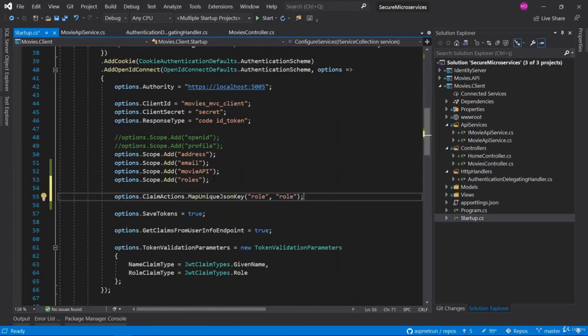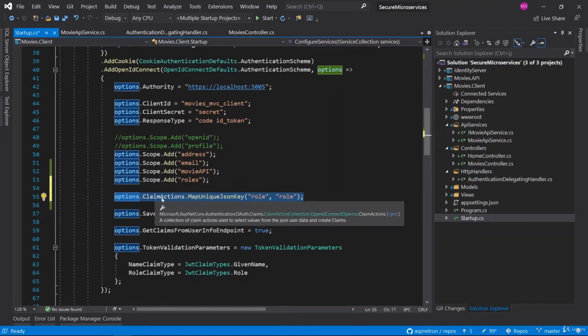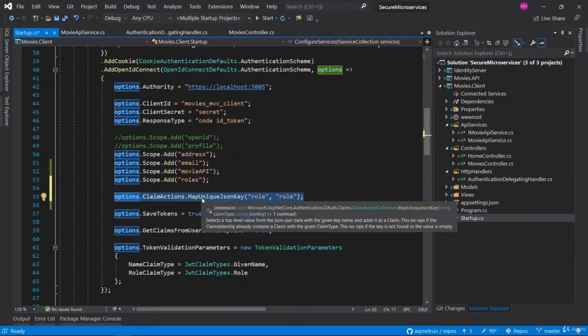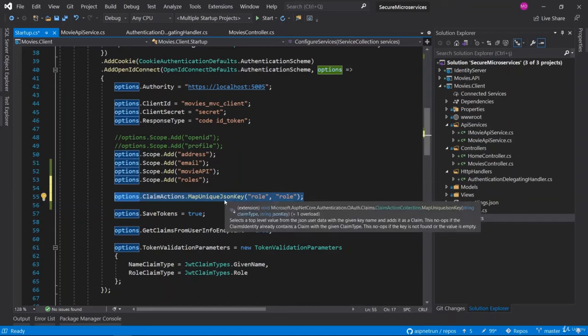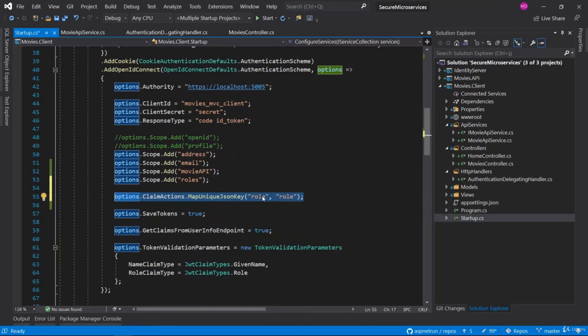Otherwise it will not move the role information under our user claim information. This is options.ClaimActions, which provides some claim actions. We are going to map the unique JSON key role as a role. That means the user information can reach the role information when populating the claims. That's why it is important, and we should add this line of code along with adding the role scope.